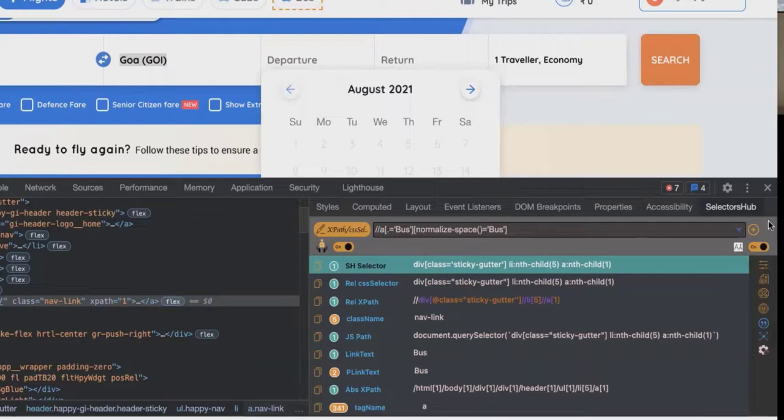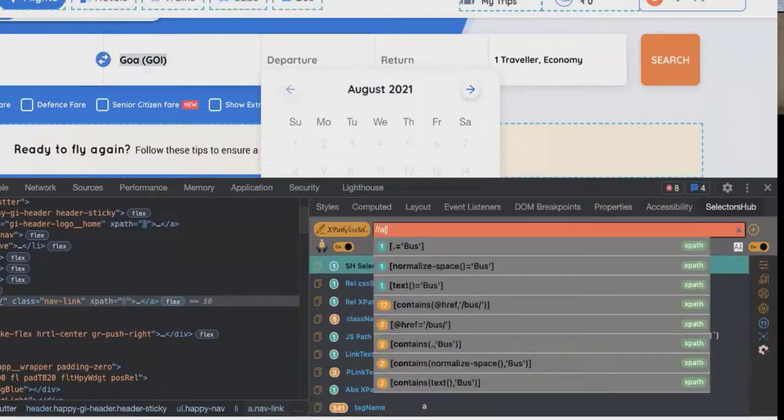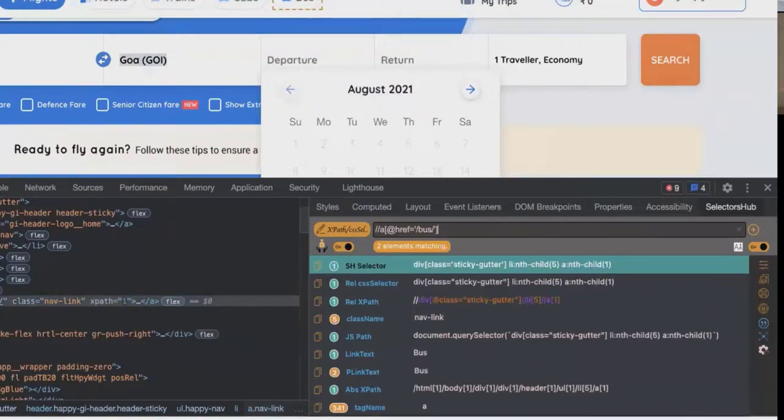Yes, we can save that. There is a button here, you click on this, and this value is saved now. And now you can delete it and write a new XPath here. And whenever you want to get the previous value, you just click on this. It is here, click and add it. So this is where it has so many features.